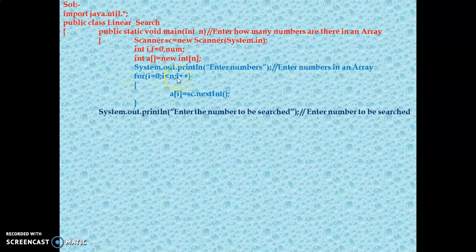Whichever number you are searching for, I am going to check in the array. If I get the number, then the search is successful. If I don't get the number, then the search is unsuccessful. But first I want to know which number you are searching for. So here is the number, and num is a variable already declared here. num equal to sc.nextInt. I just take one number which I am going to search in my array, whether it is present or not. Now this part is over. These two lines only take a number from a user.